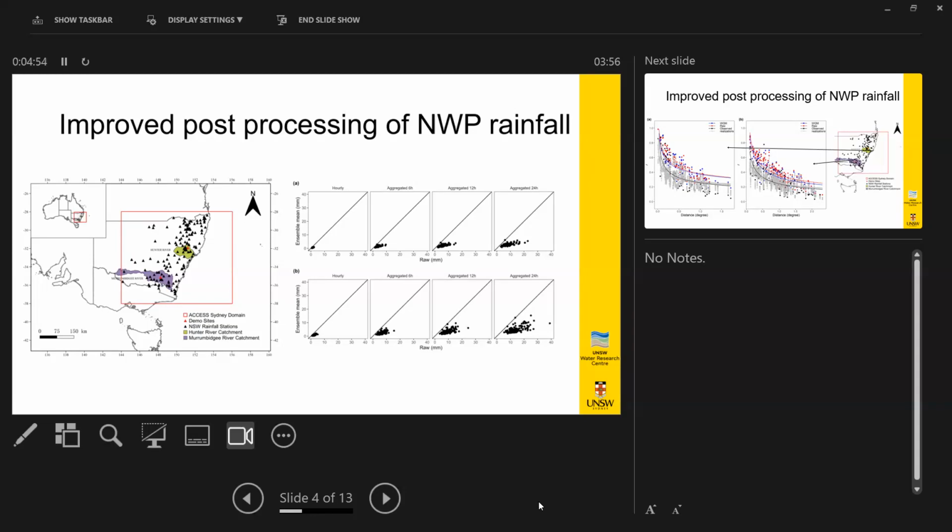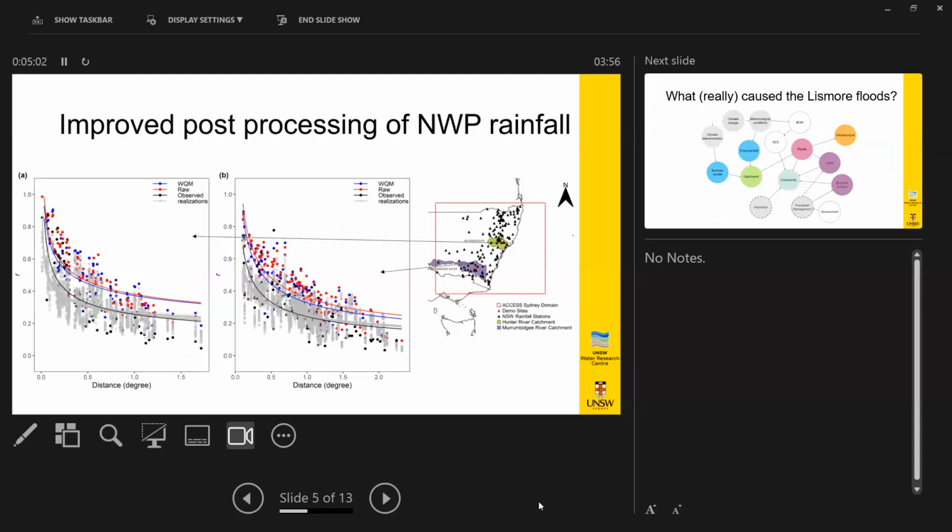Sorry, the 2 rows of figures here are for the winter rainfalls and the summer rainfalls. We also see, because the corrections allow for relationships in space, we also can improve the spatial correlation structure of the forecast. And this is really important because it's not just rainfall at a single location, but it's rainfall across the catchment that will affect the flood risk. And so when we do these phase randomizations, we can make sure that the relationship between stations is improved.